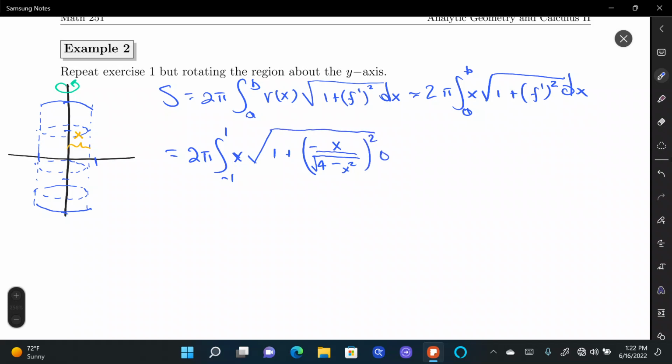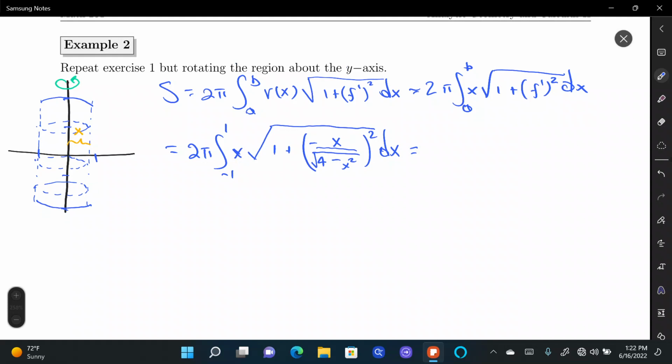Of course we did a bunch of algebraic steps to simplify that. I'm just going to skip all those steps. All the details for that simplification are in example 1. So I'm going to go to this point, 2 pi integral from -1 to 1 of x, and that got simplified to 2 over the square root of 4 minus x squared